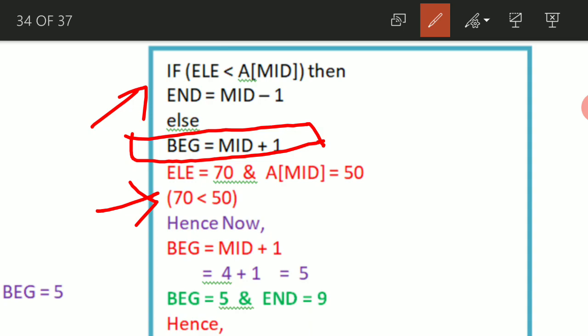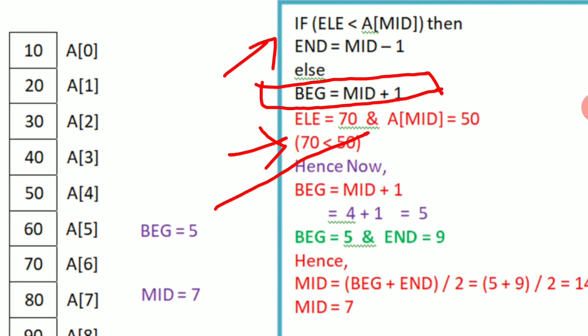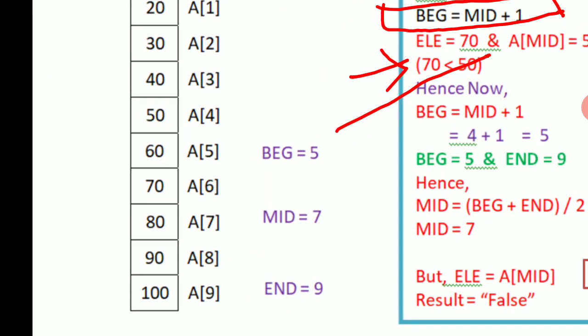Henceforth, the element you are searching does not appear before the mid value, it appears after the mid value because it is greater than the mid. Some of the parameters change here. The beginning equals what now? Mid plus 1.